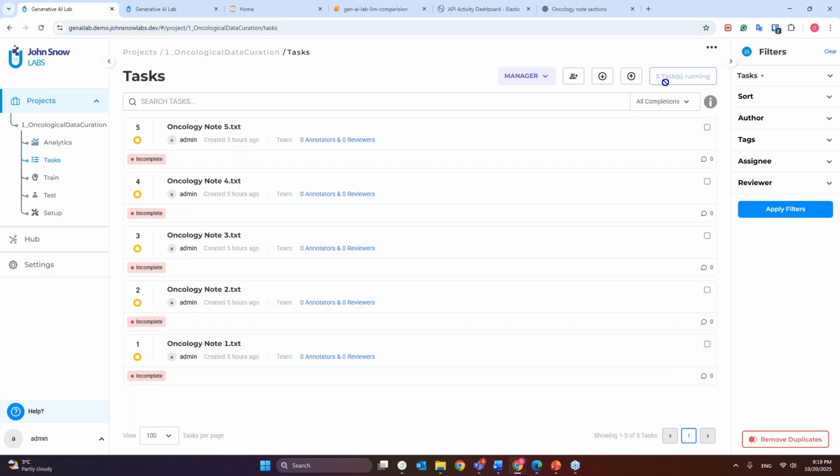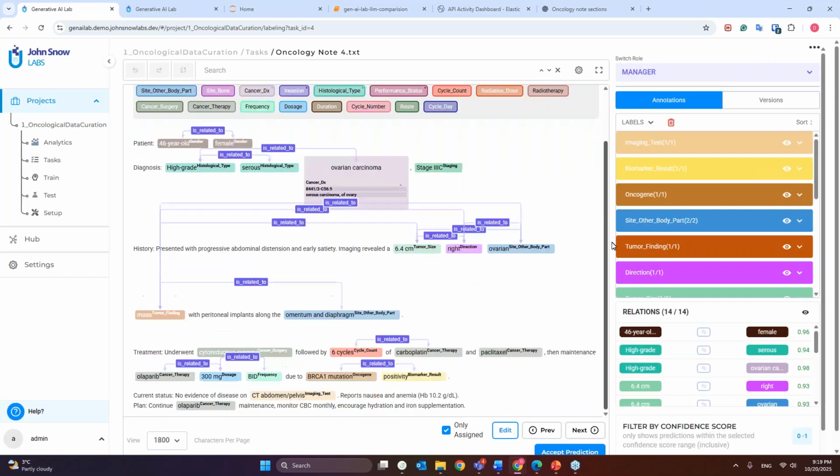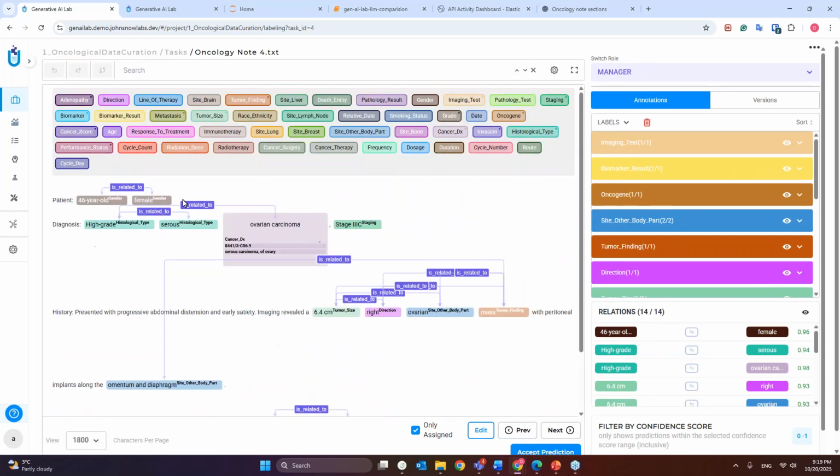So as you can see, currently the pre-annotation is running for the 5 tasks. My models were already deployed. And here you see the yellow circle next to each one of the tasks. Once the pre-annotation is done for those tasks, it will turn green. At that point, I can click on my task and see everything with all the information which was identified as part of this task. So you can see that we have entities here, we have relations between entities, and we even have